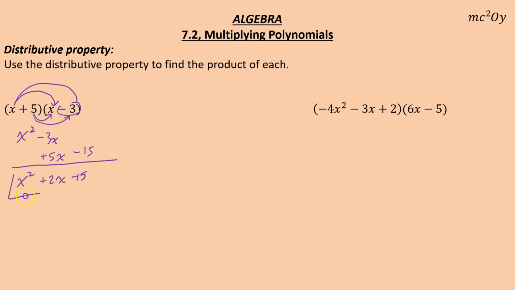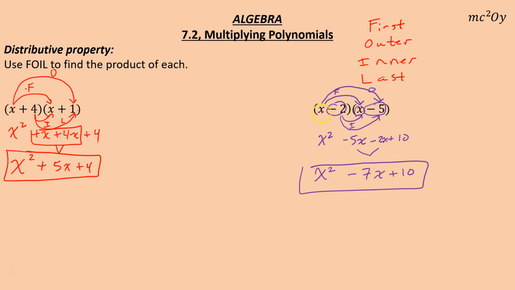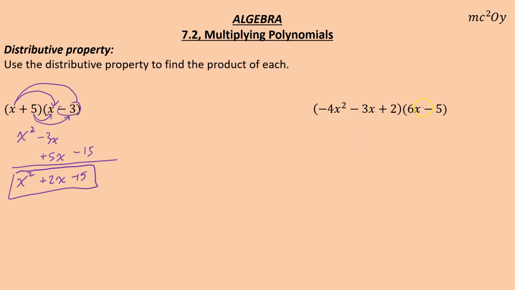Now some of you look at that and go, well, what's the difference between that and FOIL? And really there isn't a big difference there. The deal is FOIL only works on binomials times binomials, because there's only 4 letters, right? F-O-I-L. So FOIL, that's it. Whereas if you're going a trinomial times a binomial, you run out of letters. So it's just kind of a way to remember. So really all it means is you're multiplying each